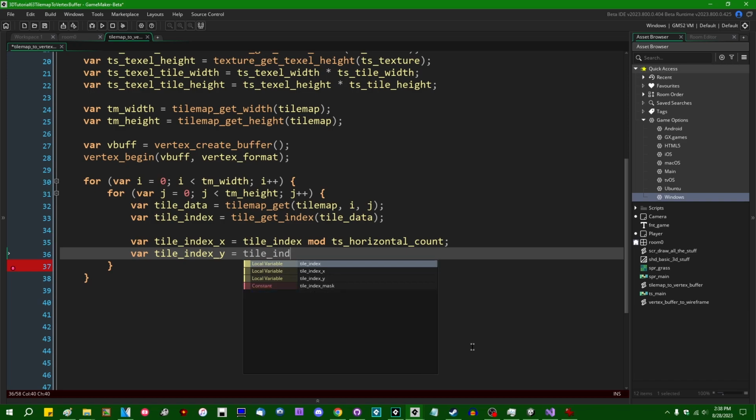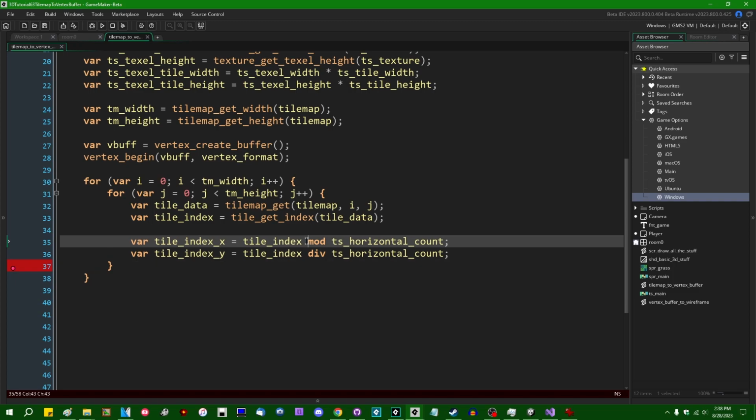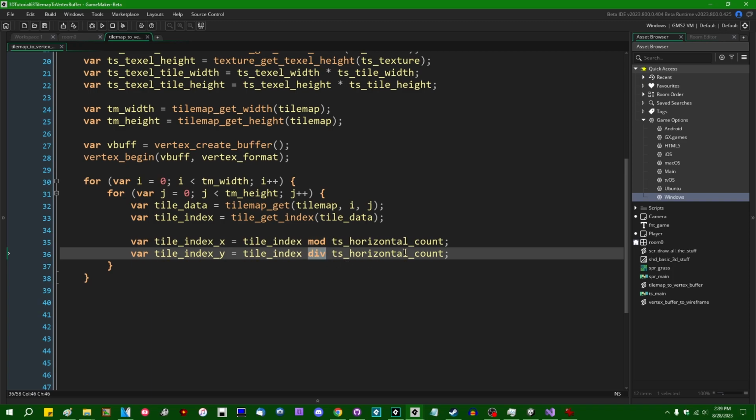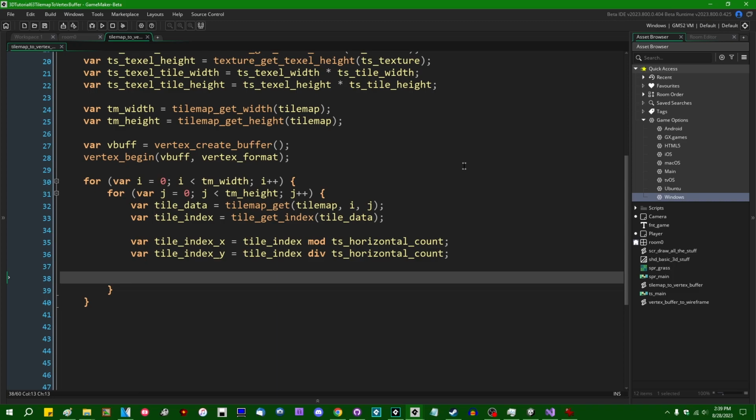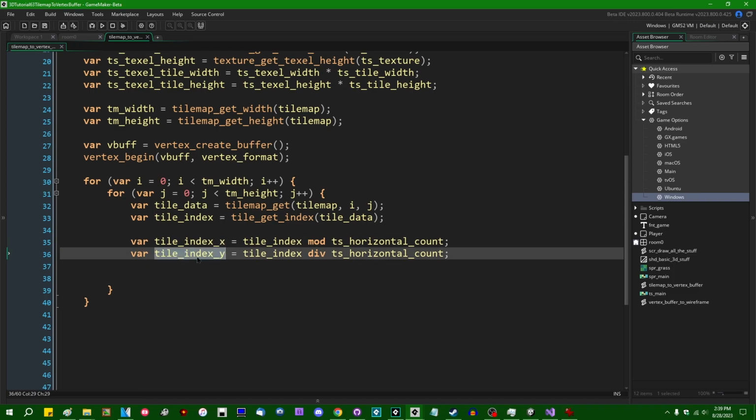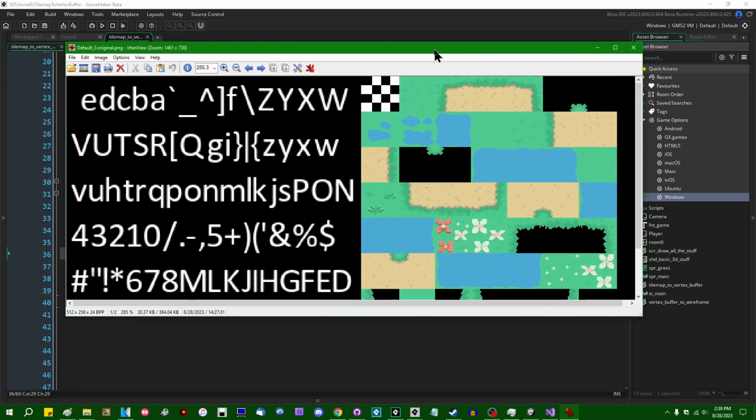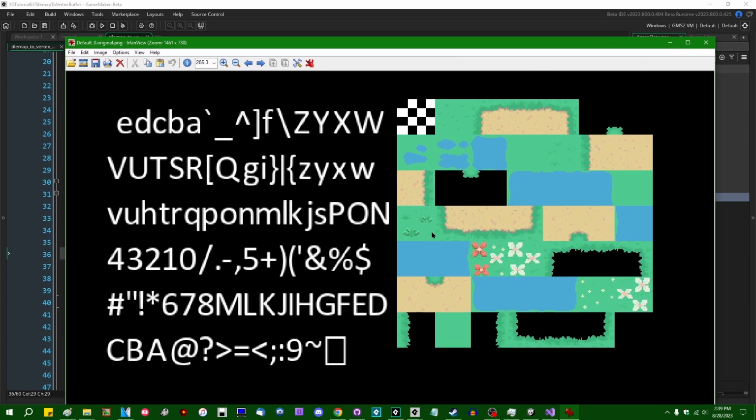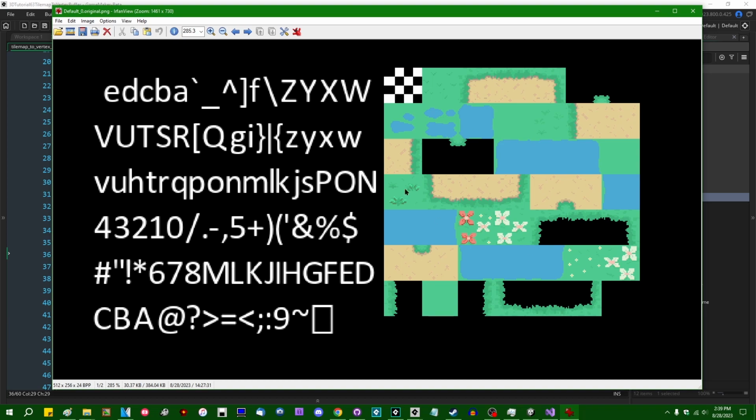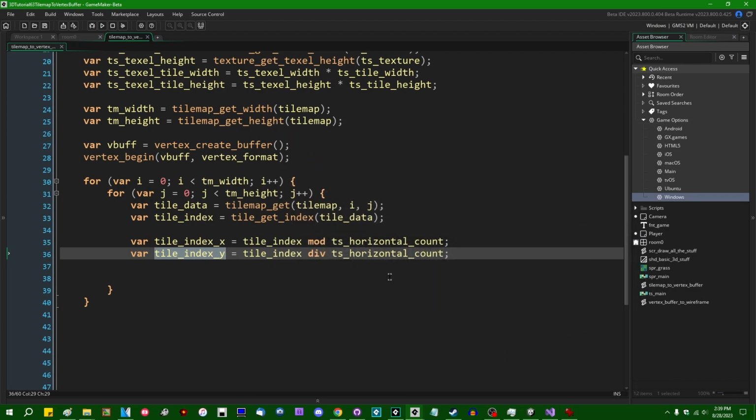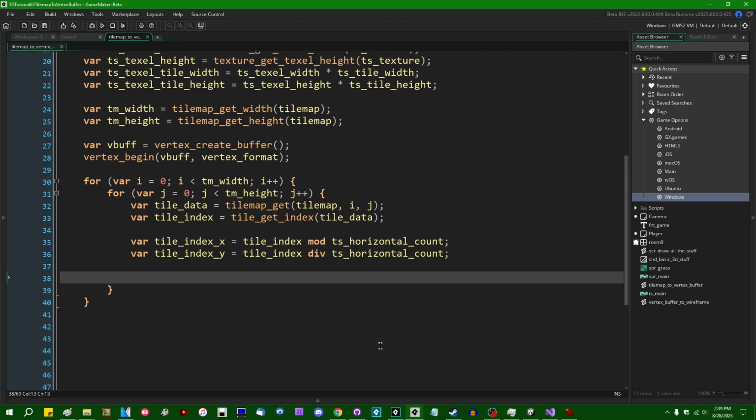Say tile index div ts horizontal count, and that instead of dividing and taking away the remainder, instead of dividing and returning the remainder, integer division is going to divide and throw away the remainder. It's the same thing as regular division rounded down, at least for positive numbers. I don't remember how it works for negatives. And this is going to give us tile index x and y, which is going to correspond to the 2D coordinates of this tile. So we're going to want to turn that into a texture coordinate, and we can do